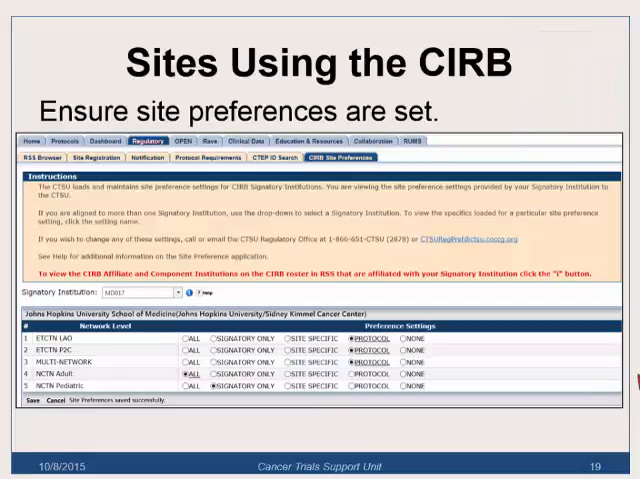Okay, for sites using the CRB, the one thing here you really want to ensure is that your site preferences are set. So if you go into the website under the regulatory tab, you would click CRB site preferences. And there is where you can see all your site preferences. So you want to look at that and review that every so often to make sure that it is correct,